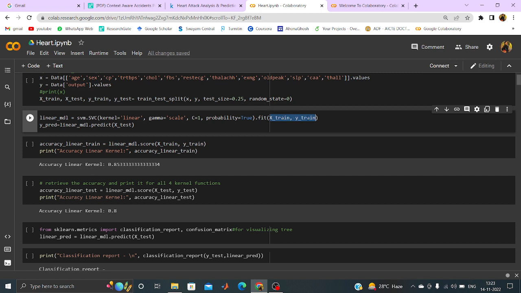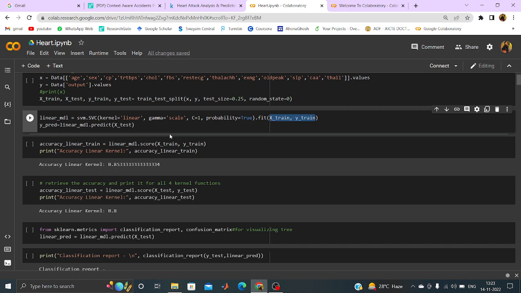One is the x train and one is the y train, so that with the training set, that means with the 75% of the entire dataset, the x values and the y value will fit the model. So the fit function, and under that function two arguments are being passed, x train and